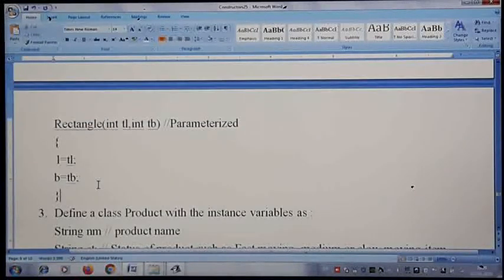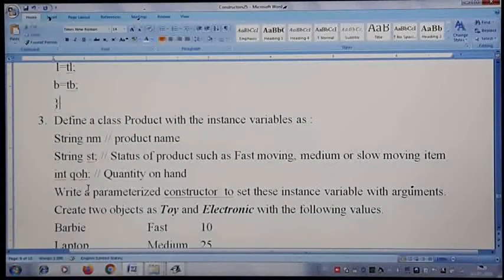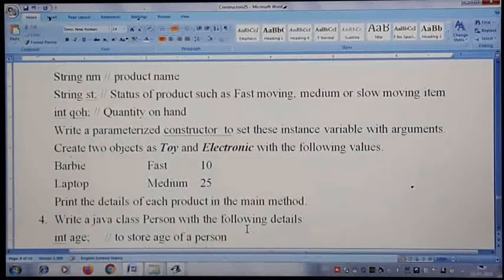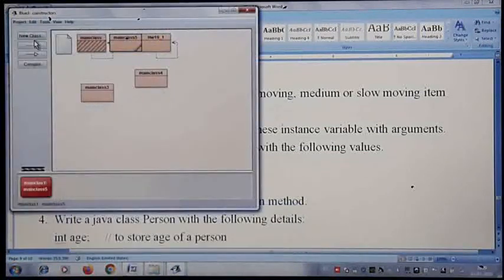But if it is a full-fledged 15 marks question, it will be lengthy with some calculation, all that we'll see in the later stage. And the next question is, define a class Product with the instance variables product name and status. This I explained in the last class. Now let us see this. I have not kept the program ready. I will type now and you can see, or you can have a look and verify if you have written, or else those who have not understood can understand how I am writing the program for this. So I'll copy the question. We'll write now.